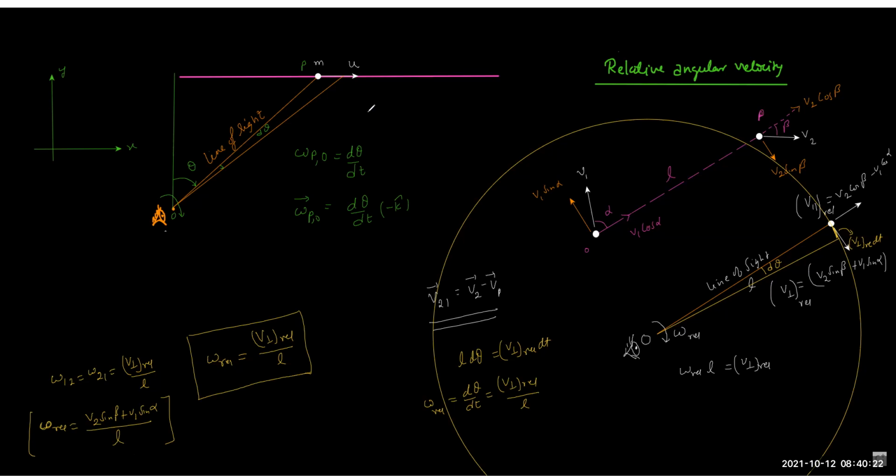And the same thing we have done in the last lecture also. If you remember, this is the line of sight. So we used to resolve the velocity this way and this way. And what I told you is that the perpendicular will create the rotation. So this is the arc length of this invisible circle, and this is equal to u sin theta into dt, which is equal to r d theta. So it's always the same derivation. The d theta by dt is